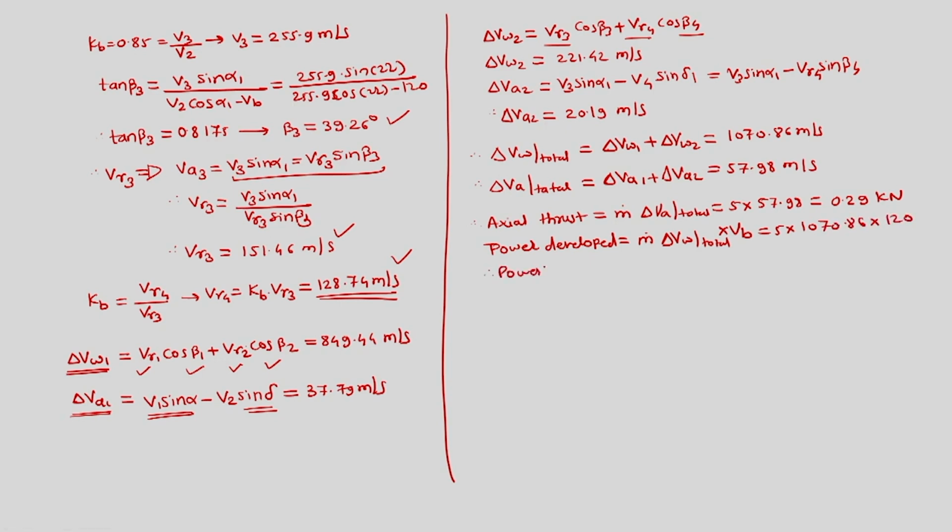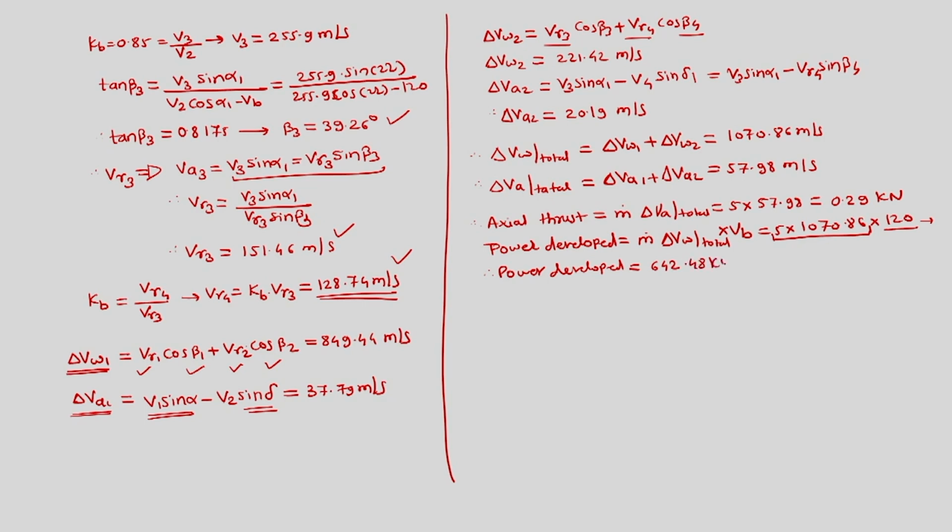So we have the power developed. Here the tangential thrust into 120 is the power developed. This will come in watts, so we will get it in kilowatts as